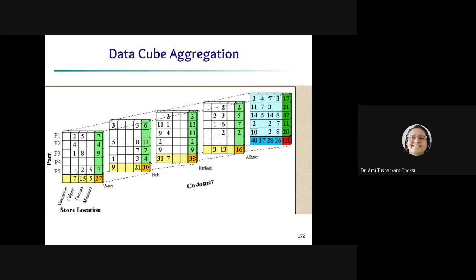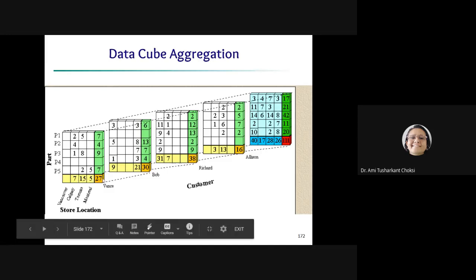So what is the total purchase this customer has done for the different locations available here? That is 7 at this city, 15 at this city, 5 at this city, and at this particular city no purchase is there. Fine. And what about the total? Whatever total number of items, total quantities this customer has purchased, that is this one, right? That is this one, isn't it?